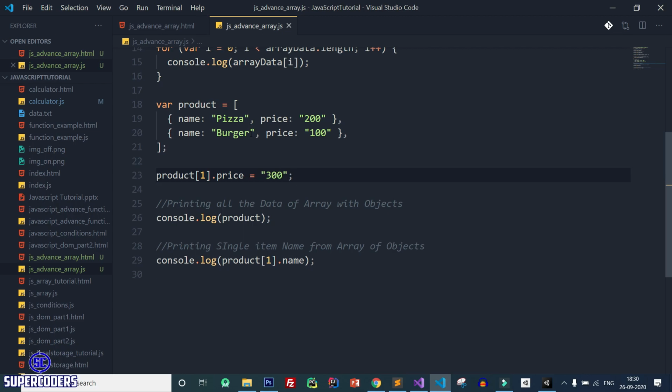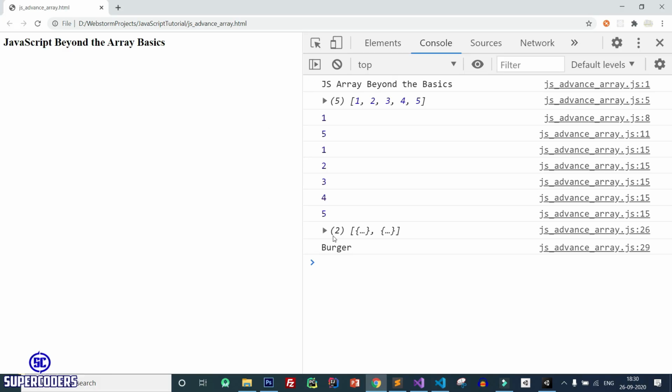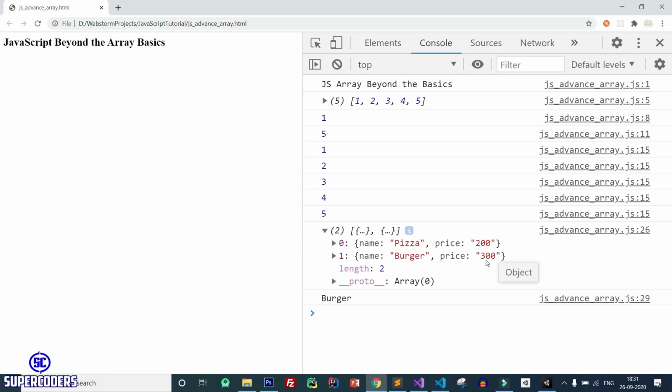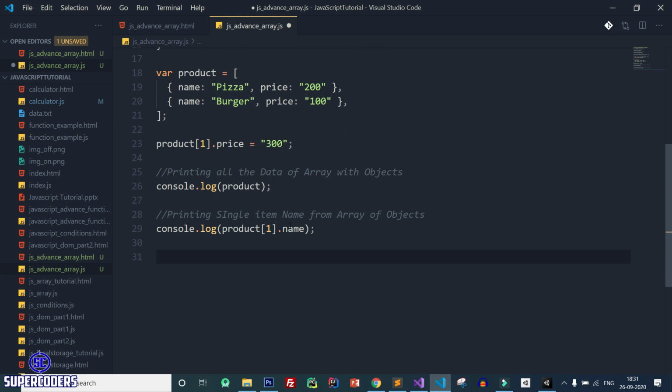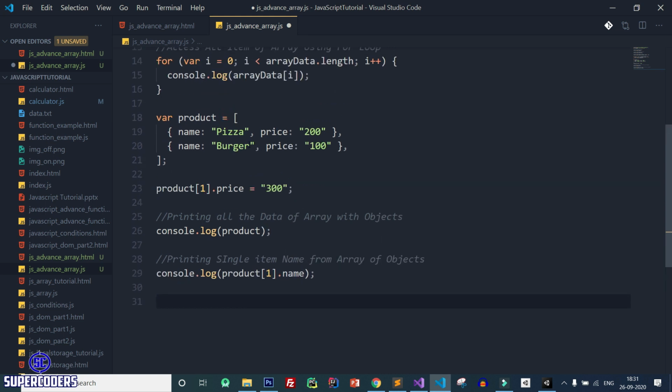Now save it, back to Chrome, and here if you see, the price has been updated. So in this way you can update the price of an object inside an array.